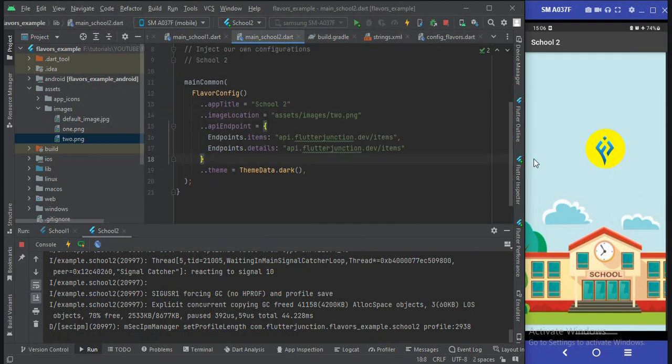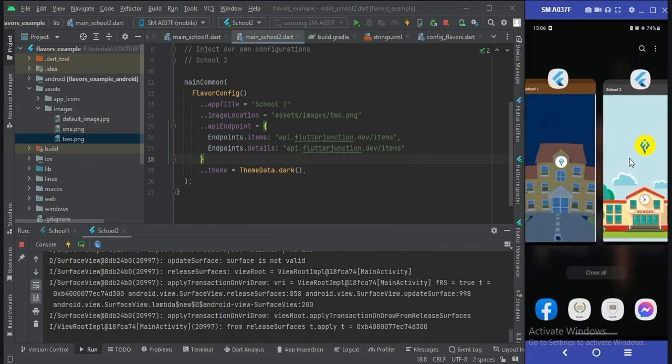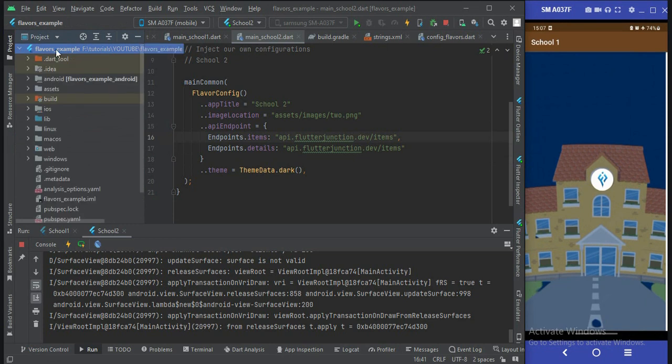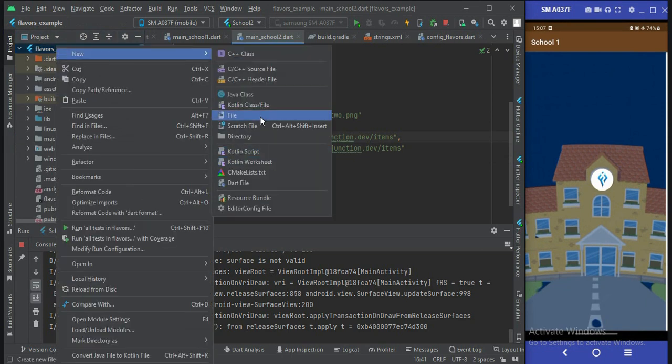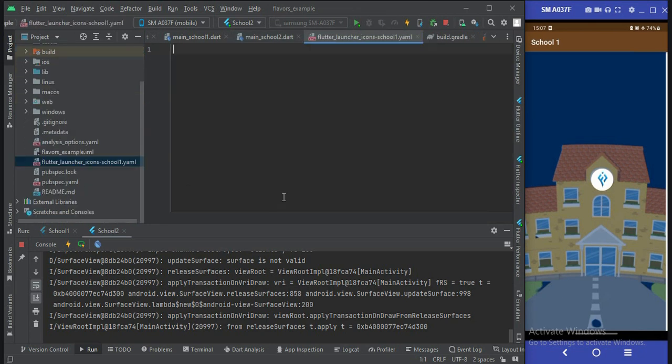Right, now you can see we have the default Flutter icon for our project. Now we're gonna change it. Right, so for that let's get to the root folder. Okay, here I'm gonna create the new file named flutter_launcher_icons-school1.yaml, and we're gonna have the different icons for different flavors. So you need to create the different launcher icons file. So I'm going to create it here, and then I'm going to pass